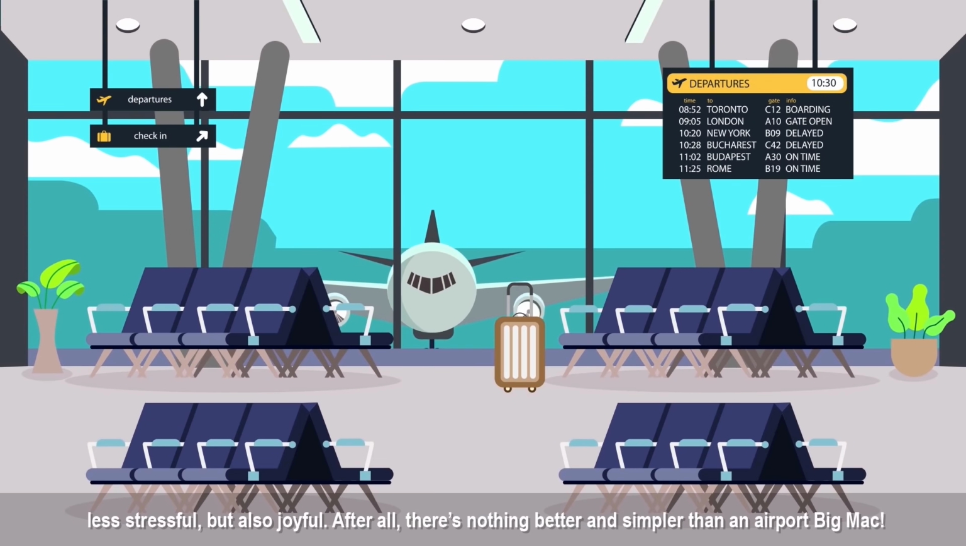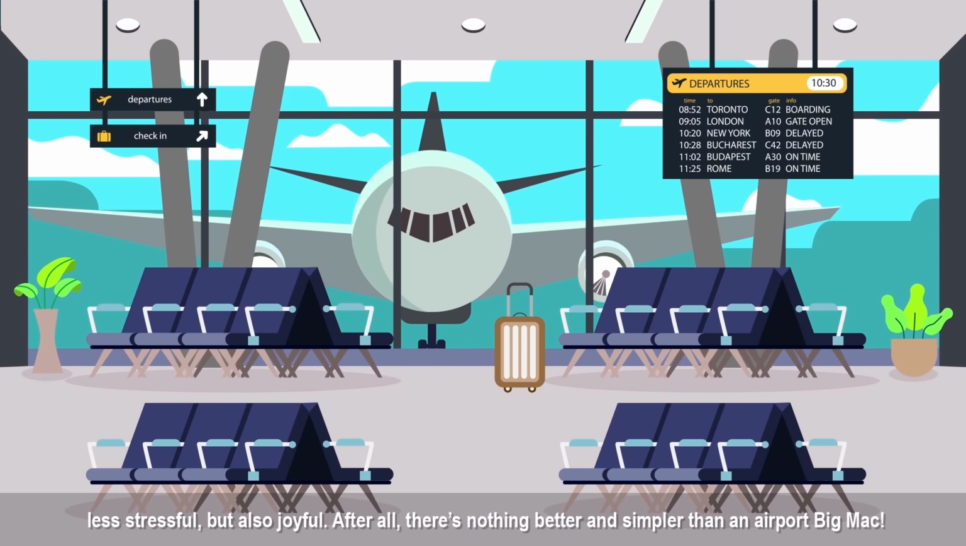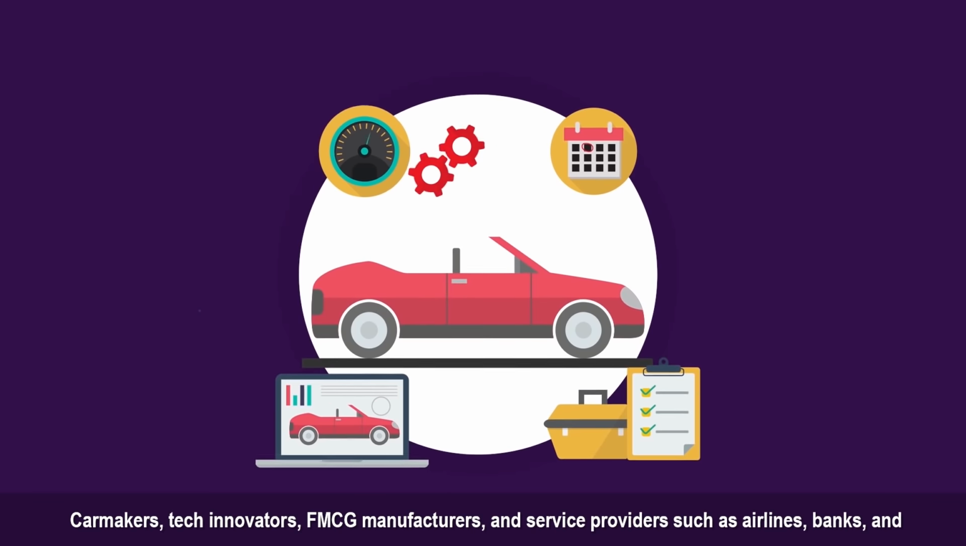After all, there's nothing better and simpler than an airport Big Mac. Car makers, tech innovators,